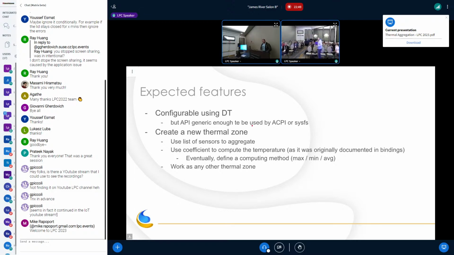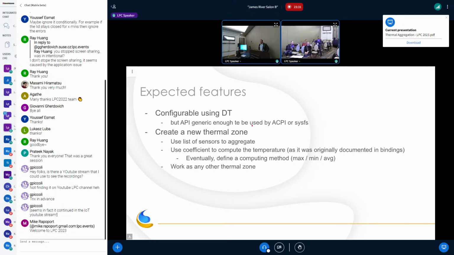Maybe just to clarify, the idea is to aggregate the sensors inside the thermal zone. So you don't aggregate thermal zones, you aggregate sensors. In the device tree, for example, we have the thermal zone, and you point to the hardware sensor, and you can put several sensors for the same thermal zone and say, okay, we will use the maximum, the average, or whatever. For the DT, we already have the binding, but it's never implemented. So yeah, it's not about aggregating thermal zones.